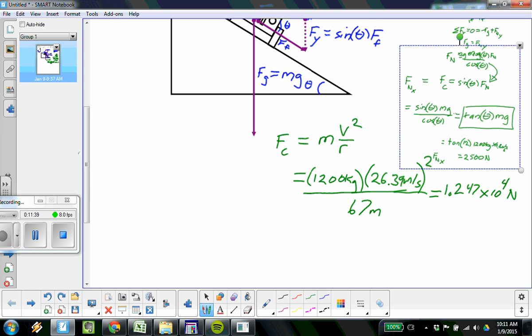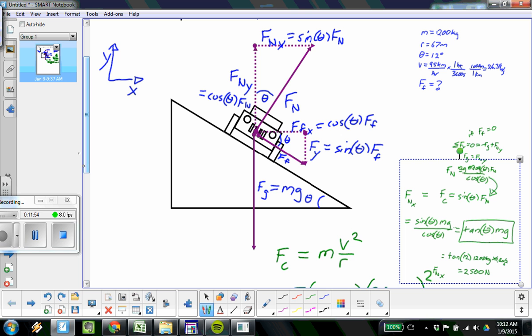Only 2,500 are available from the normal force. So that means that there is in fact a force of friction, and not only is there a force of friction, but it's actually acting towards the center of the circle. So that's how I was able to determine that we have a force acting towards the center of the